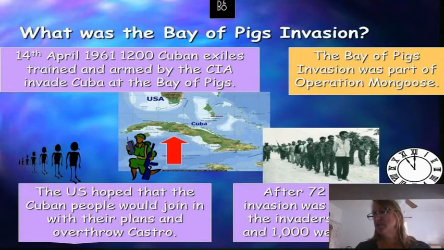And Castro's forces quickly rounded up the invaders. So the invasion itself was a failure to get rid of communism quickly in Cuba. Huge failure, the Bay of Pigs invasion. But that's what it was, part of the containment policy, part of trying to fight this spread of communism around